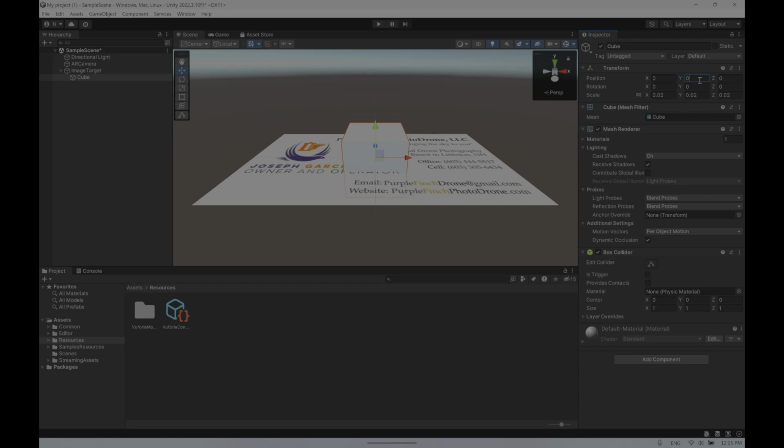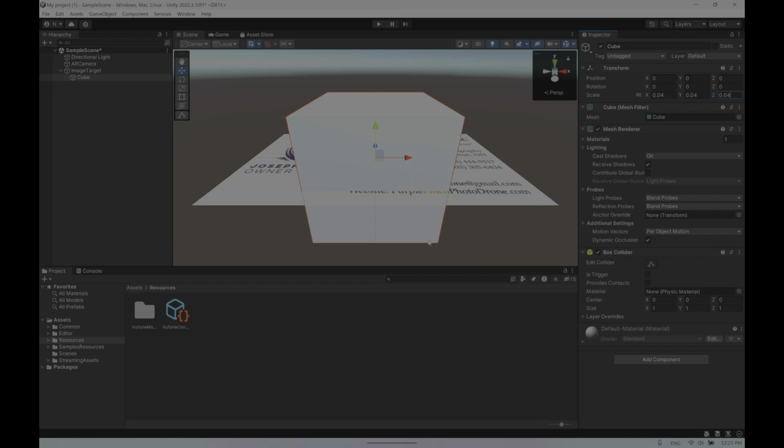Okay, you guys tell me, if you scaled this to be 0.04, okay? You scaled it to be 4 centimeters. Yes, not 2. Then the question to you now, if you want to lift this up just enough for the bottom to touch the surface of the card, how much and where shall you alter or change these readings? Where? If you're going top, we agreed that this gizmo, the top and the bottom, is in fact the y-axis. So I'm going to go on the y-axis and I'm going to say